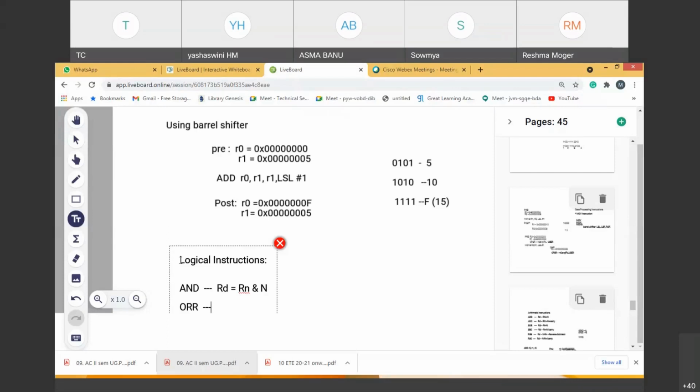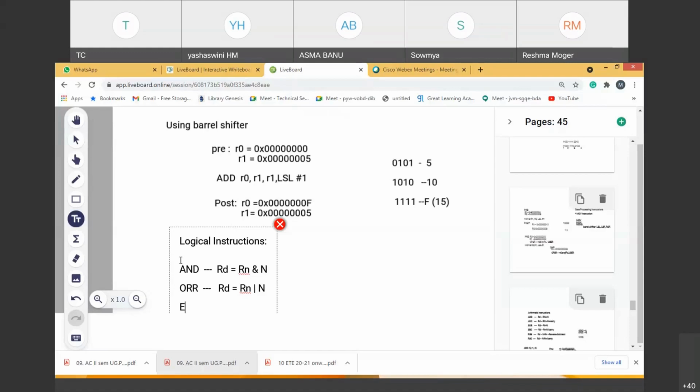What is the difference? Those are arithmetic operations. These are logical operations. Only logical bits we should deal with. So it means, what is the expression for OR, the expression for AND, the expression for XOR. That we are going to use over here. So let's say the OR, with n, something like this. The OR expression means the output register RD will get two input registers called source registers. Rn and n should be ORed and the result is stored in destination register RD.